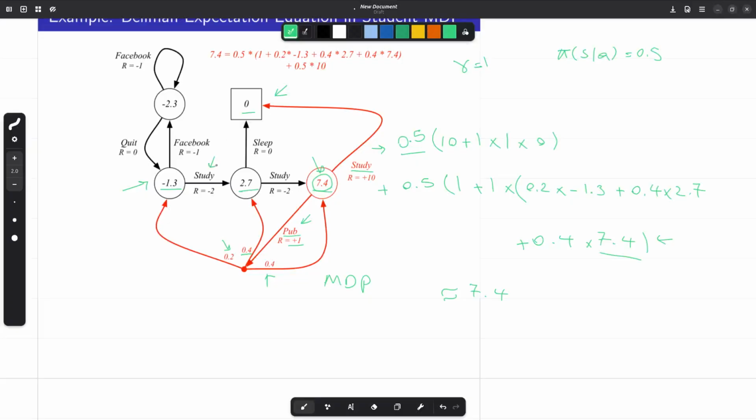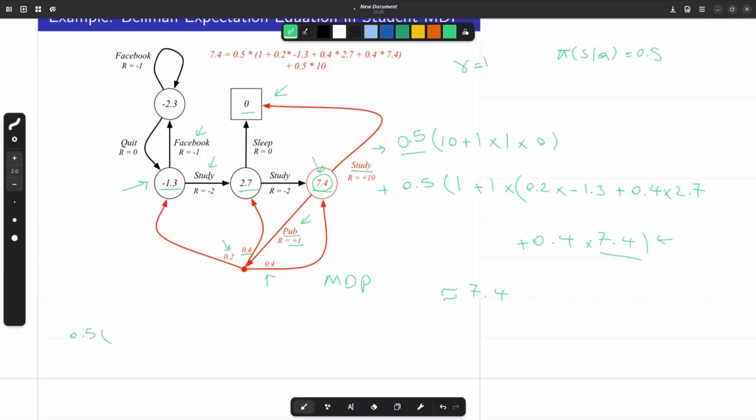We have action study here and action Facebook. So with 0.5 probability, I choose that action. So times, let me write it better, 0.5 times